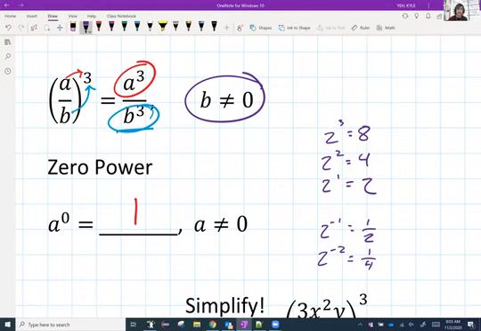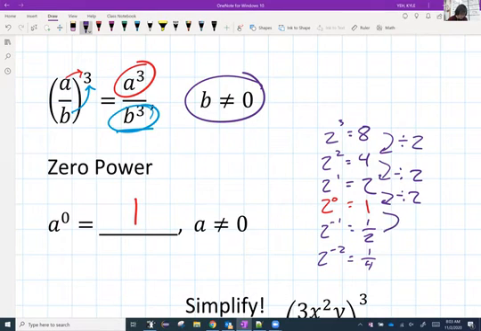What is happening in all of these? Well, how are we getting from one to the next? We're dividing this by 2. We're dividing this by 2. And to fill out the pattern, what is 2 divided by 2? We're going to make it 1. Anything to the 0th will just be 1. And you can see now this pattern holds all the way through, positive integer exponents or negative exponents,